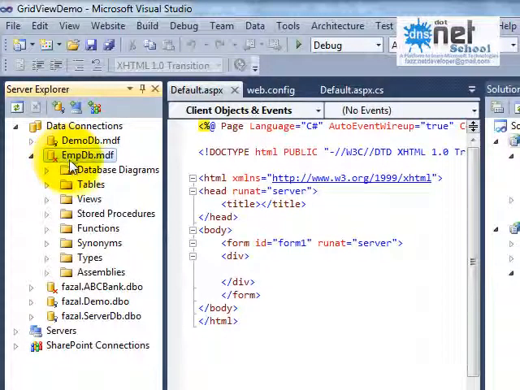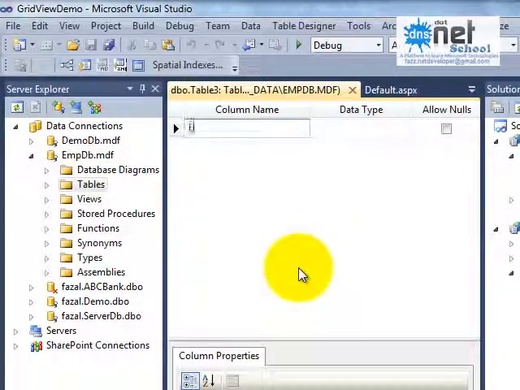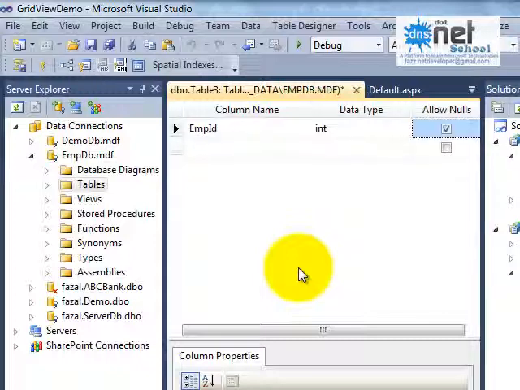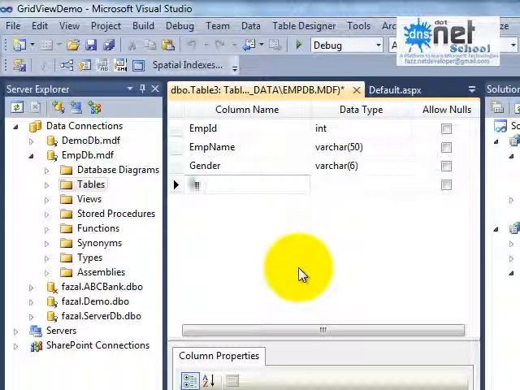Just right click here and say refresh. Okay, Tables, add new table under EMPDB. What is the table? Say EMPID, integer, EMPName, varchar. Then I'll take gender, varchar, then I'll take salary, money,